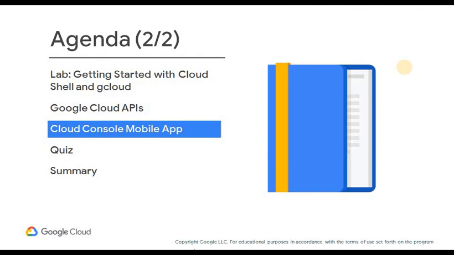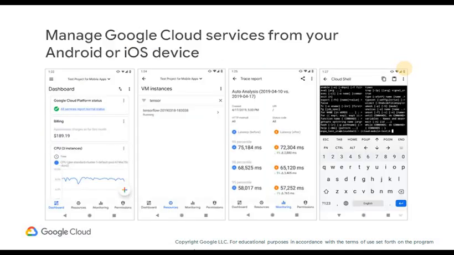The Cloud Console mobile app provides another way for you to manage services running on Google Cloud directly from your mobile devices. It's convenient and doesn't cost anything extra. The Cloud Console mobile app is available for iOS and Android and offers many capabilities. It allows you to stay connected to the cloud and check billing status and critical issues. To see the health of your services at a glance, you can create your own custom dashboard showing key metrics such as CPU usage, network usage, requests per second, service errors, and more.